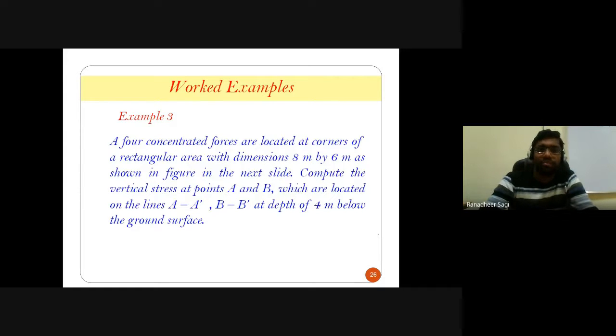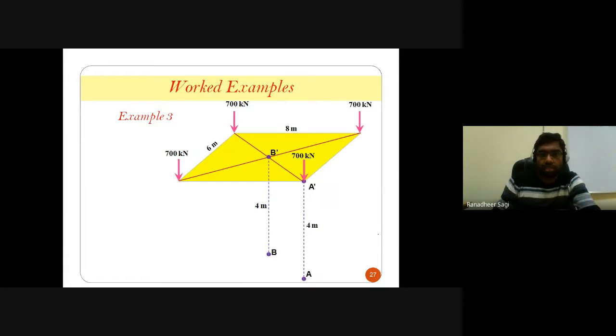So likewise, you have another particular case where you have 4 concentrated forces acting on a rectangular represented area. And you are required to calculate the amount of vertical stress at points A and B, which are located at a depth of 4 meters below the ground surface. So where this point B, if you look at,